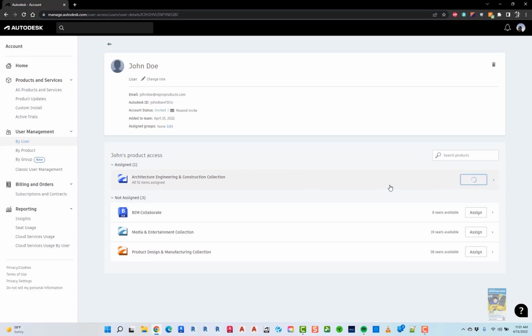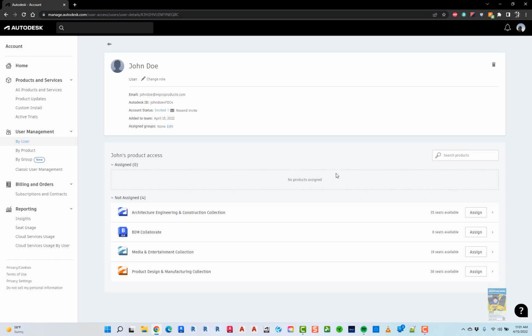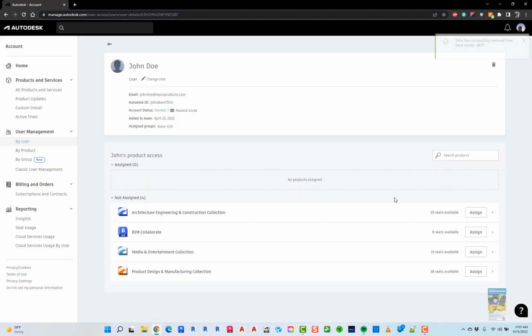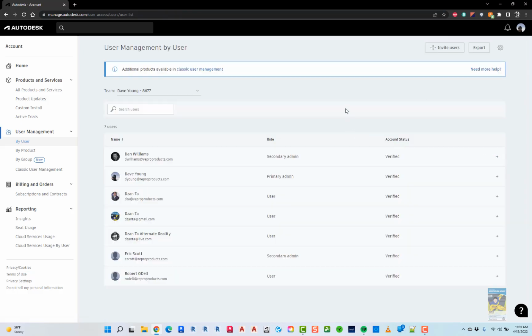I'm going to unassign it and I'm going to delete the user because I don't need to do that. To delete a user, click this little icon for the trash can and then remove user. Now, if you forgot to unassign the software to the user, that's okay. Because any user on this list, if you delete them and forget to unassign the software, all those seats of software automatically go back into the company pool that's available for you to distribute out to